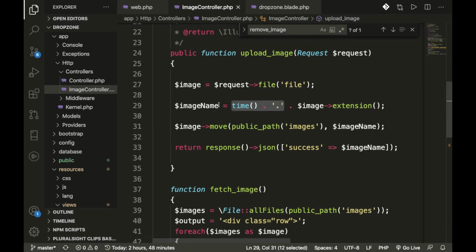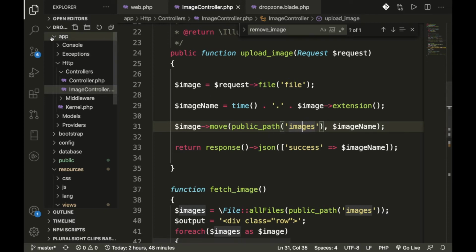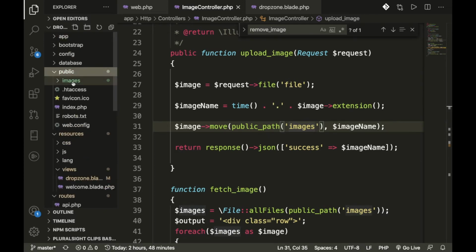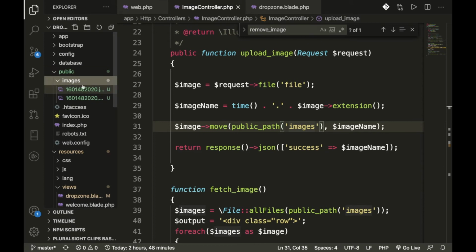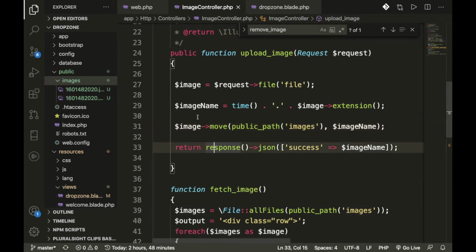We store the image name in this variable, and we move the image into the public images folder. Inside the images folder we are uploading the images. Once we have done that, we successfully return a response with success.